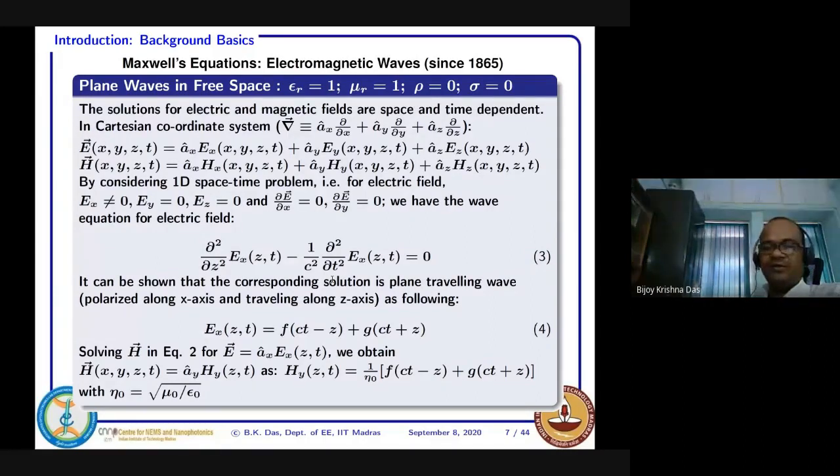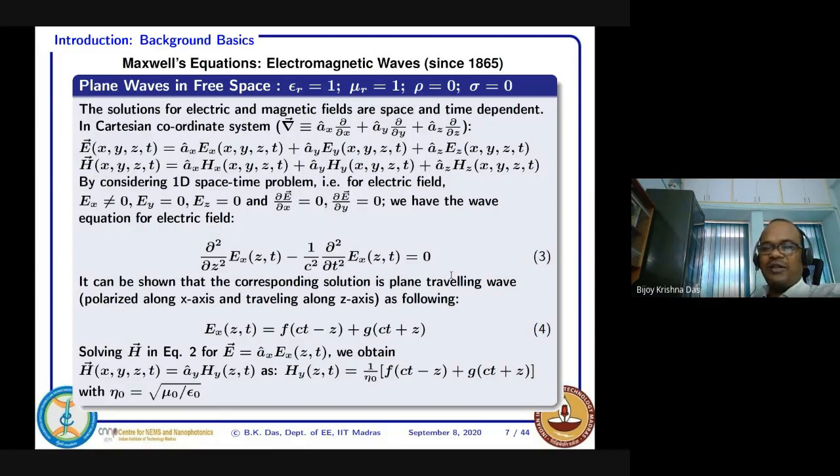You can create a boundary condition such that only these things are possible. Now, the corresponding solution for this equation 3. Before jumping into equation 4, think a bit about equation 3 and try to guess. For any differential equation, you just assume a certain kind of solution, and then insert it back into the differential equation and find the constants with the boundary conditions, and then you get the ultimate solution.